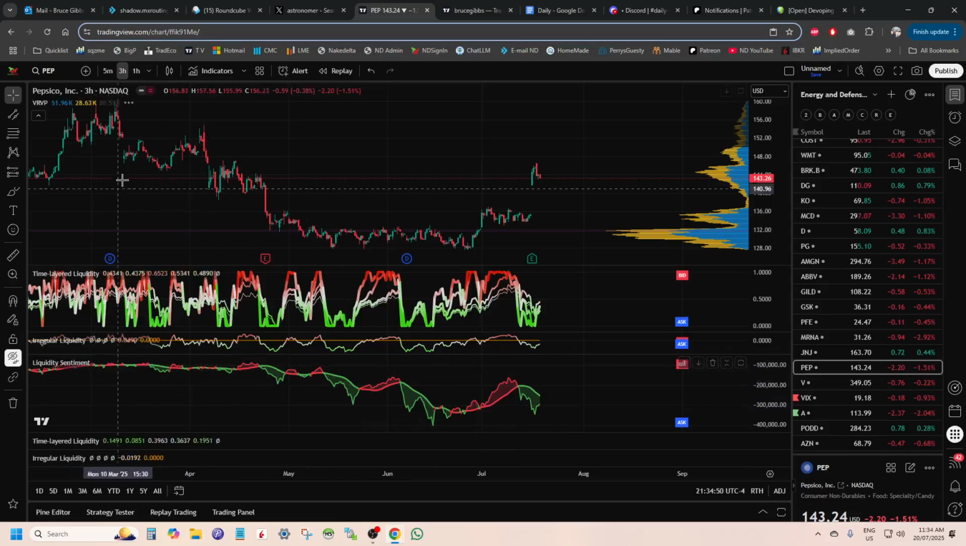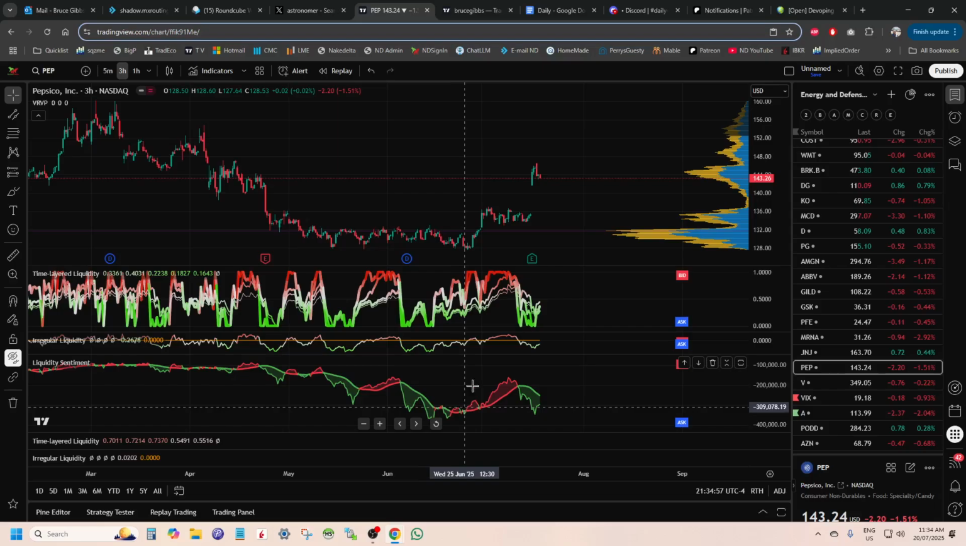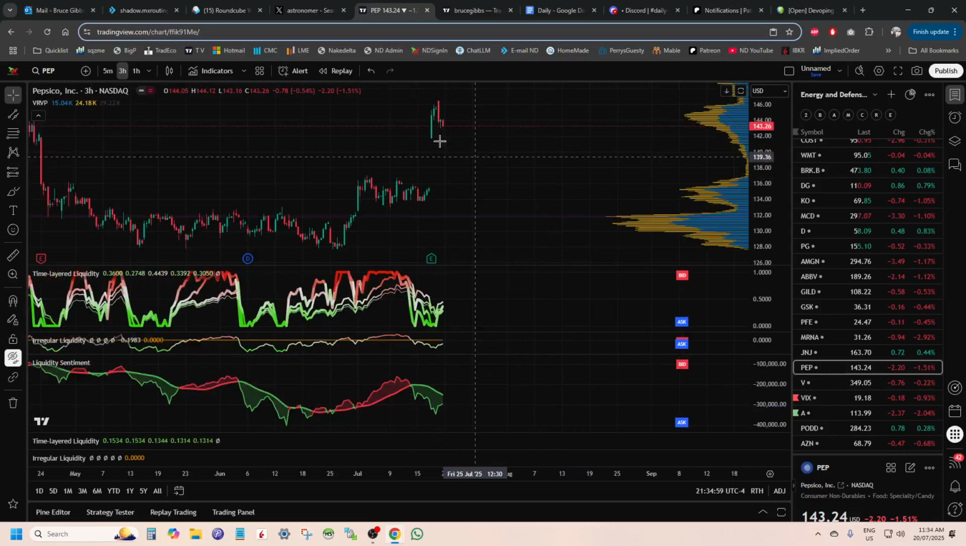We can see up here it's very loose as we're in a selling period, and as we go down into more buying, even though the price is quite static, we see it tightening up before we went up into this recent jump